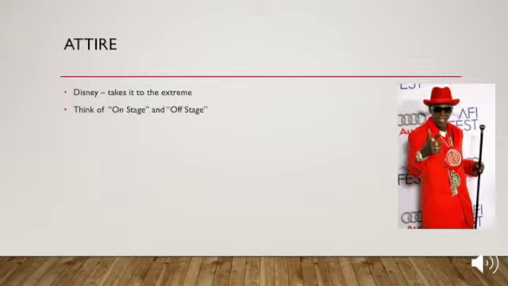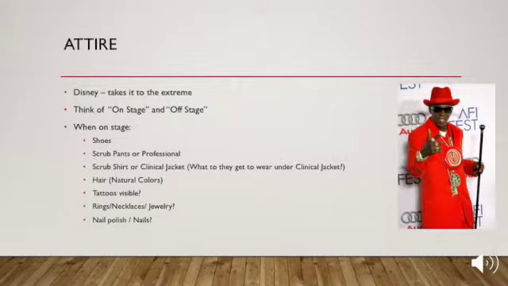In Disney, they require hair color to only be natural hair colors, unless their character requires them to wear a wig. So there's a difference between red hair, which would be a natural dark orange, and bright red color that would match Flava Flav's jacket there. So when we say they're on stage, we should try to encourage what kind of shoes they wear, whether they wear scrub pants and scrub shirt, or whether they go professional pants or a clinical jacket. What kind of hair they can wear, whether that hair needs to be kept up or whether it can be down over the shoulders,